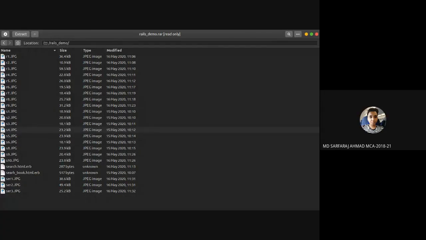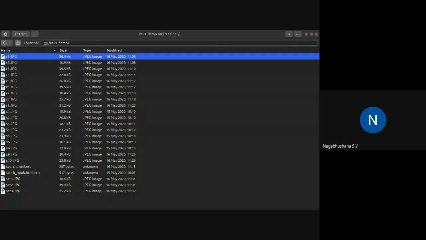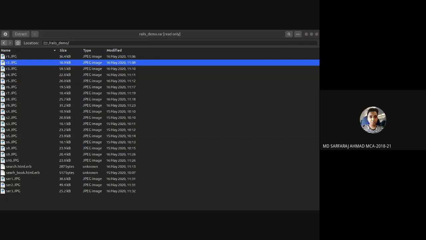Is it visible, sir? Yeah, open from R1. Sir, it's not opening. It's showing an error occurred while extracting files, parsing filters is unsupported. Why is it like that? I don't know, sir, but it's not opening here.